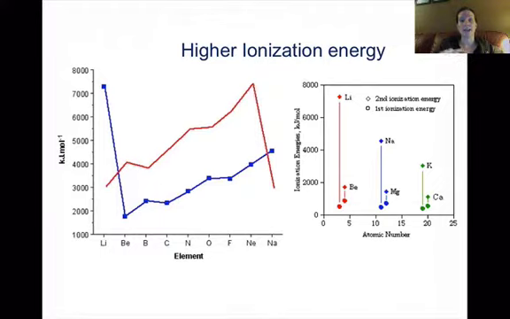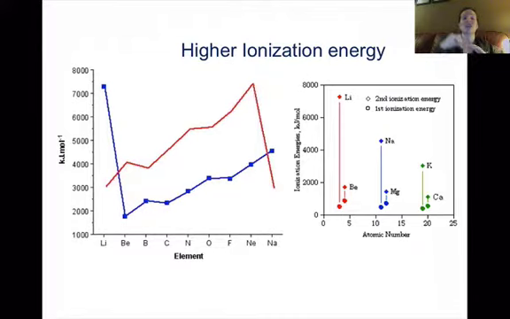The red line is the line we've been working with all along, our first ionization energy. So the trend is as you move across your period, the ionization energy increases. It gets harder to remove an electron because of the full pull of the nuclear charge. Now, if you look at your second ionization energy, which is the blue line on this graph, what you'll notice